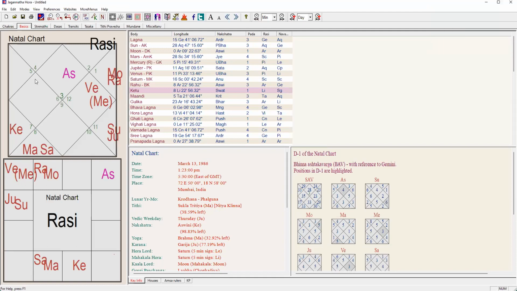in Malika Yoga, if you understand Malika Yoga completely, you can understand Kalsarpa Yoga. Malika Yoga says the starting planet, from where Malika Yoga starts, is responsible for the whole yoga formation and the result of that yoga. Clear? Same thing is happening in Kalsarpa Yoga, but in Kalsarpa Yoga, it is reverse. In Kalsarpa Yoga, the ending planet is responsible for the yoga formation.